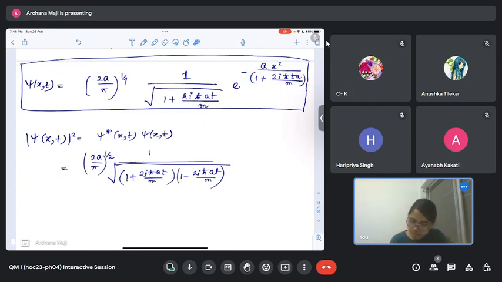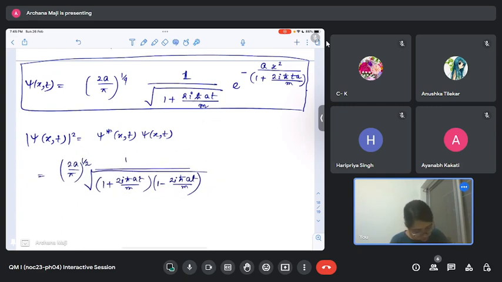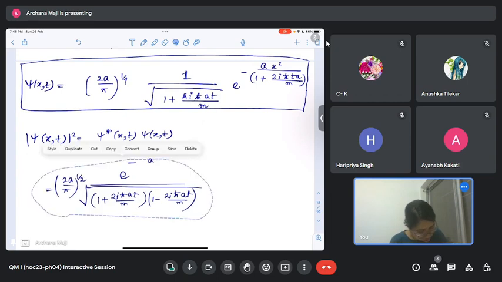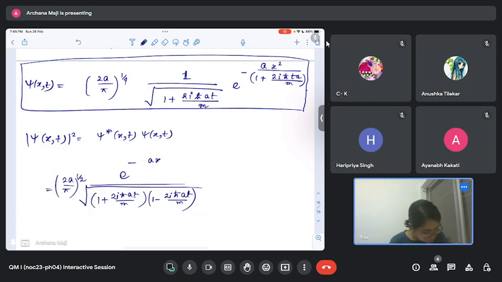So what we get is exponential minus a x square times